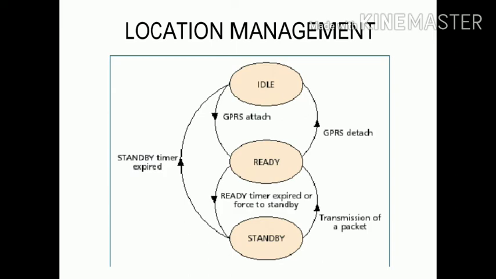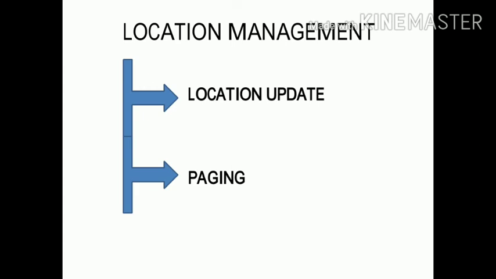Now, if the mobile station does not send update messages, its location is not known exactly, resulting in a significant delivery delay. On the other hand, if location updates happen very often, the mobile station's location is well known to the network and the data packets can be delivered without any additional delay. But quite a lot of uplink radio capacity and battery power is consumed for mobility management. Now the location management has two parts. First is the location update and second is the paging.